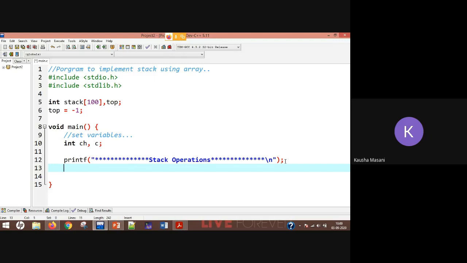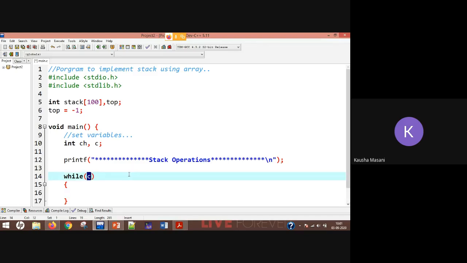Now, what you are going to do is apply a while loop inside that c. You will get to know why this c, and this while loop is going to run whenever this c value is getting input as 1. Exactly where and how this c value is going to get 1, you are going to see in a while.